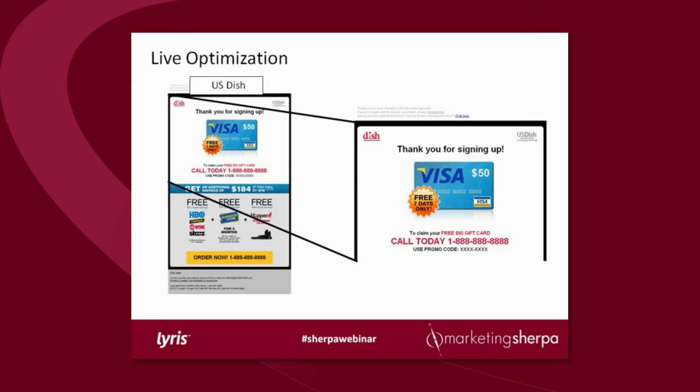What are you going to do to me for that $50 gift card? How are you going to torture me later through calls and emails, and how many steps do I have to do and how many offers do I have to complete in order to get that $50 gift card? Right away, I feel apprehensive towards the email because the value is assumed through the incentive when really there's no value at all. In fact, there's more apprehension than there is value, and that's the first thing that you need